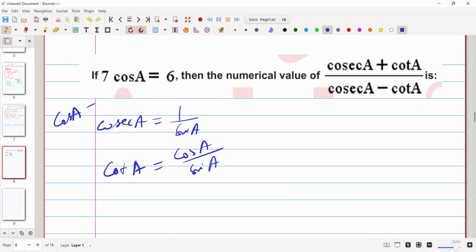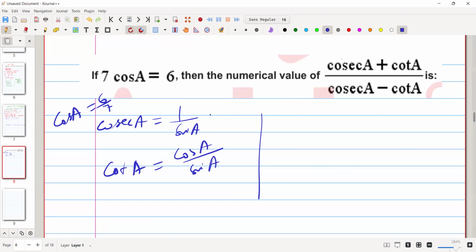Cos A is equals to 6 by 7. We can find sin A also, but still we can avoid that process to find the sin A. How? Just put at numerator and denominator the values, the expressions, the fractions of cosec A and cot A, so